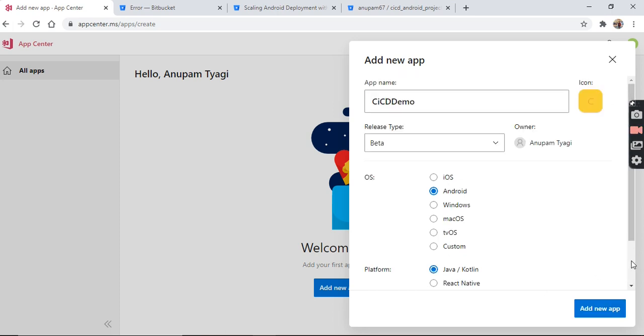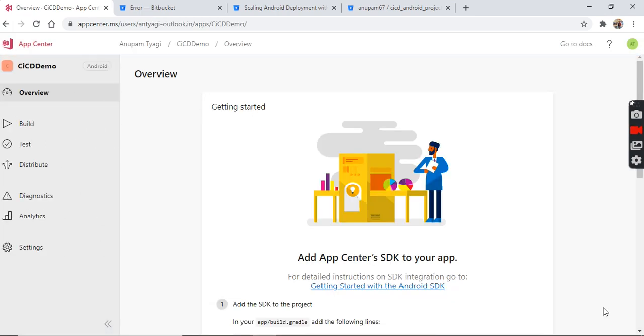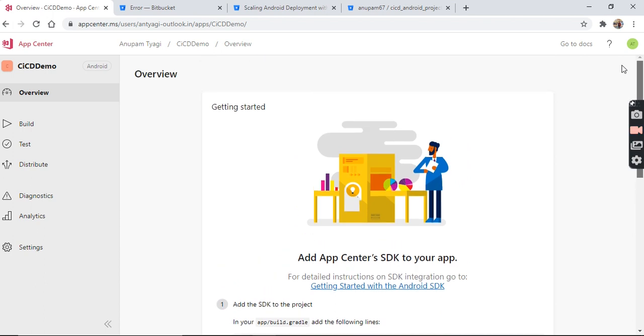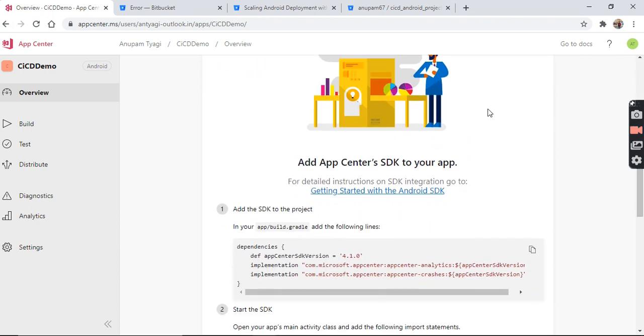I will add this app, adding a new app. Here are some basic steps: add the App Center SDK to your application. In your app's build.gradle, add the following lines.